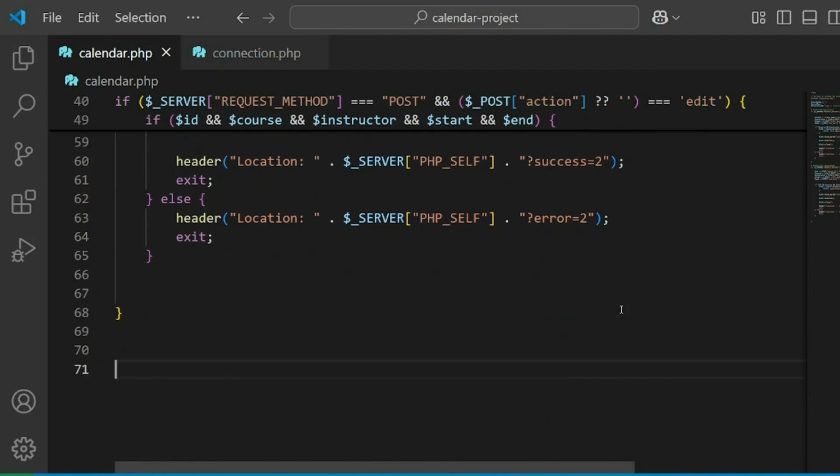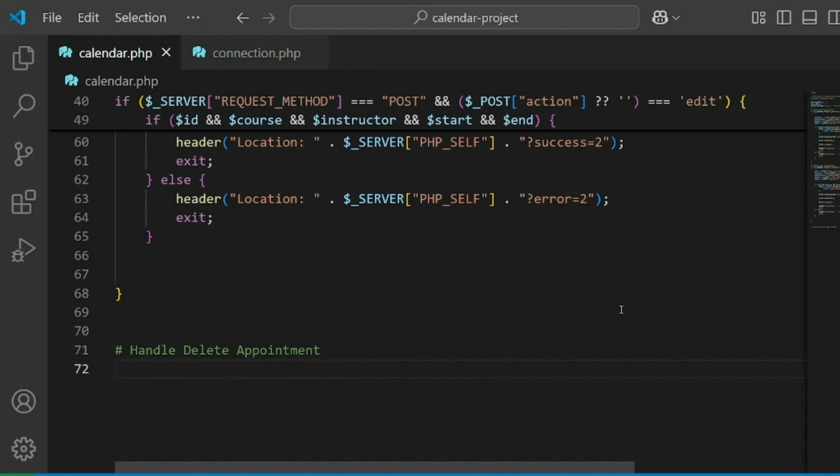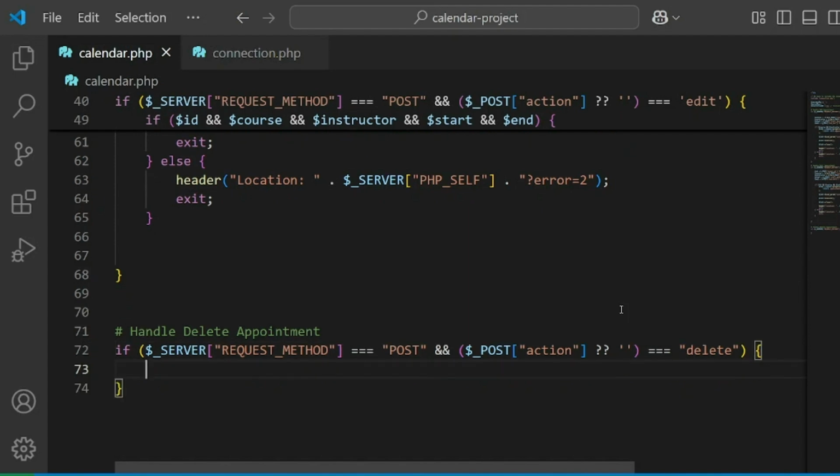The third step, or the third major step here, is we have to handle delete appointment by going if the server, and then choose the property request underscore method, request method equals post, and by putting double and marks, and post variable, and then choose the action property. If the action equals delete, then I will go ahead and